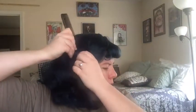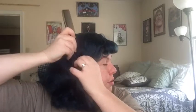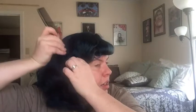I've put no spray on my bobby pins, nothing. Now this side is where it gets a little bit complicated because there is so much hair. I'm going to do the same thing I did before, which is I'm going to come up to my part, come down, and this time I'm going to go to the front of my ear because I have so much hair on this side that I only want